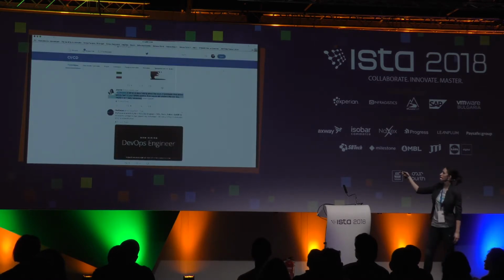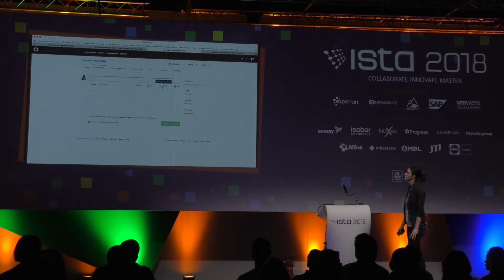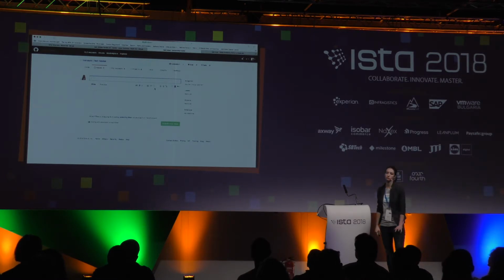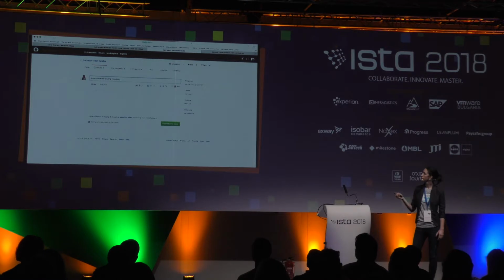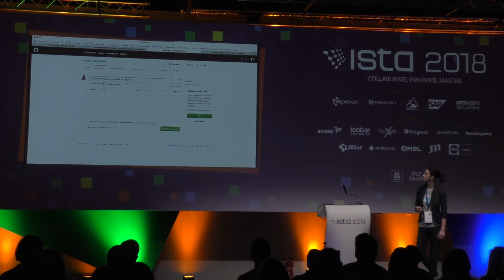I'm going to paste something from Twitter about CI/CD. It's not a fully positive message, so it's going to put a review label on it. I'm creating an issue here.